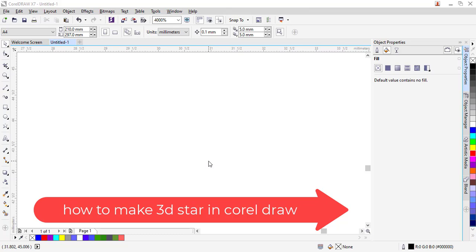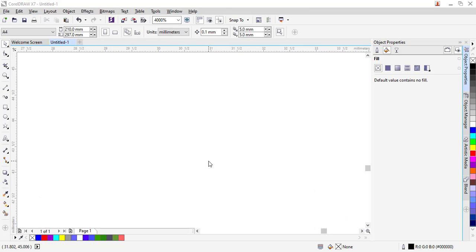In this video, I'll be showing you how to create a 3D star in Corel Draw. So let's get started. I'd like you to understand that when you're doing 3D in Corel Draw, it's all about illusion and how you do the color mixture. Here, I'll show you how to create that 3D illusion